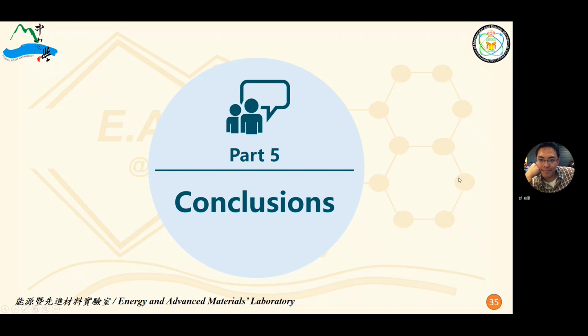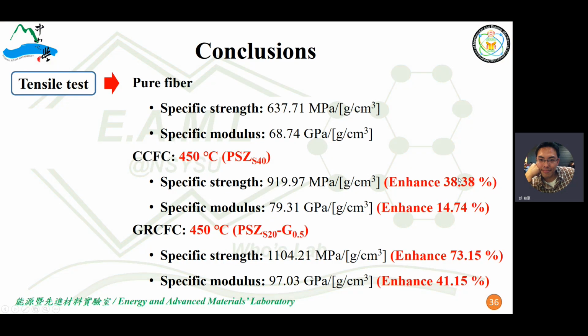So, the conclusions. With the CCFC, we have 40% of preceramic precursor coated on commercial carbon fiber and pyrolyzed at 450 Celsius. The specific strength is enhanced about 40%, and the specific modulus is enhanced about 15%. And for the GRCFC, that means the graphene incorporated one,